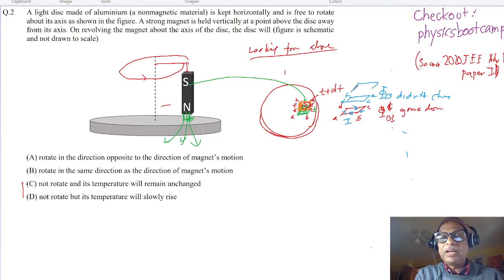Then you have this other loop where you have E, F, G, and H. So in that loop, there used to be no magnetic field. Now there's a magnetic field. So phi of the B down